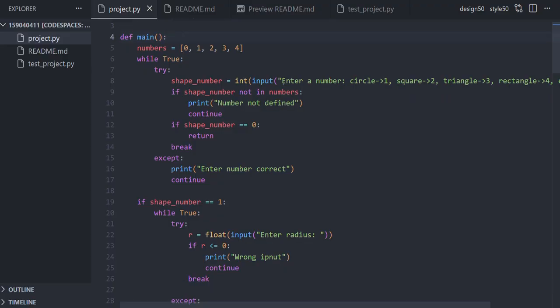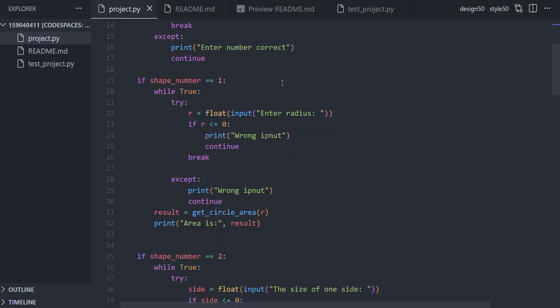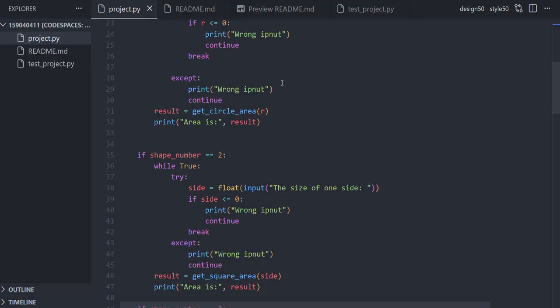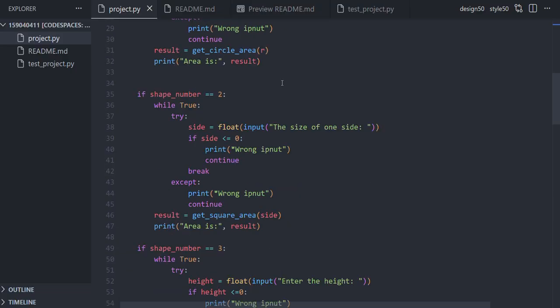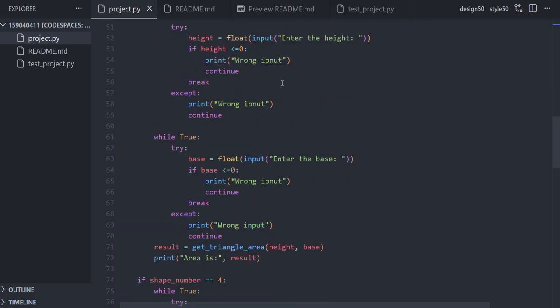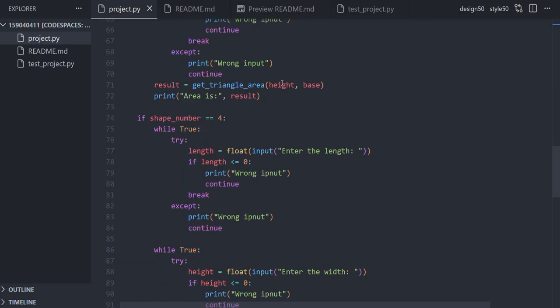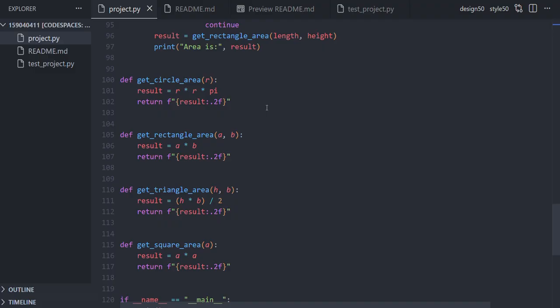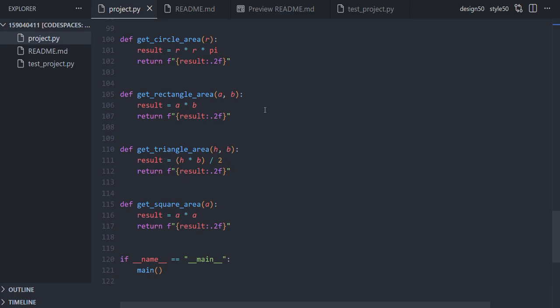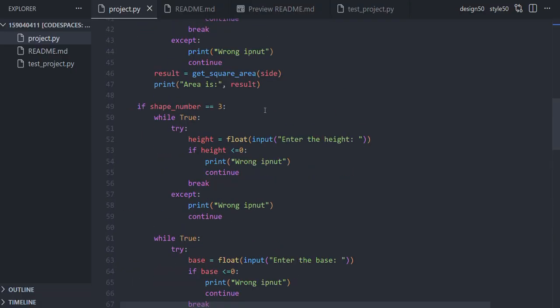Four functions have been written to calculate the area of the four shapes: the function that calculates the area of a circle, the function that calculates the area of a square, the function that calculates the area of a rectangle, and finally the function that calculates the area of a triangle. Each of these functions is called in the main function based on the user input,